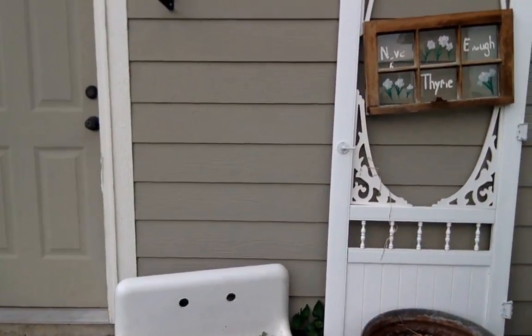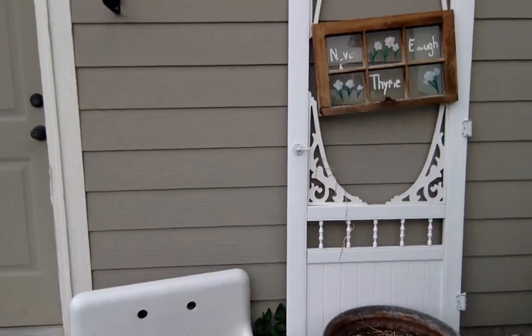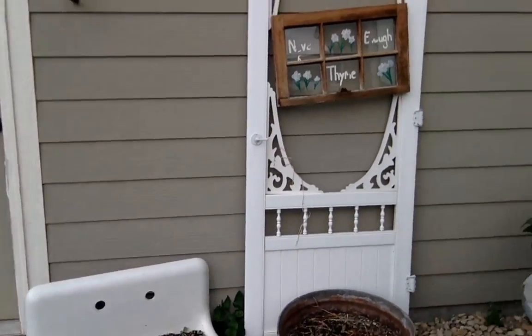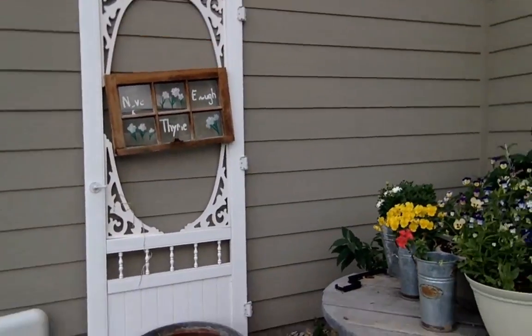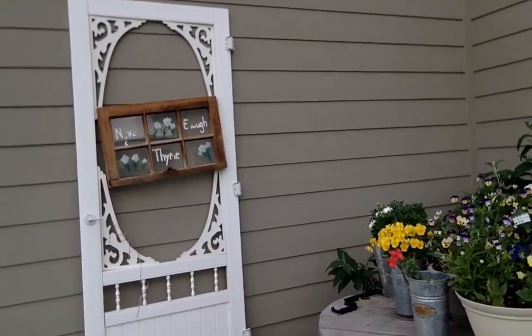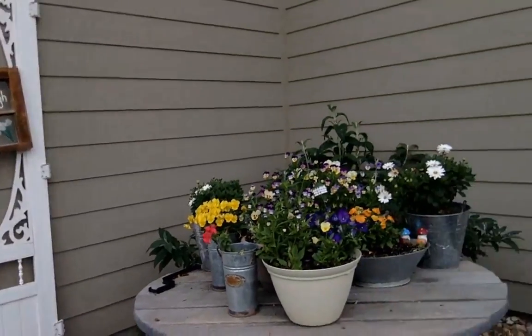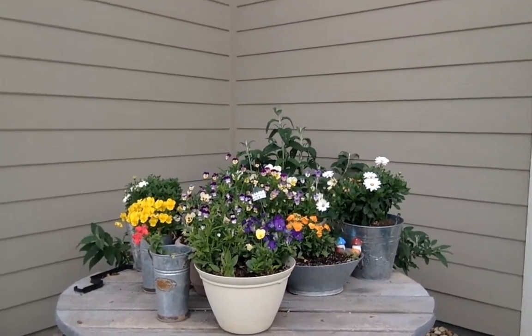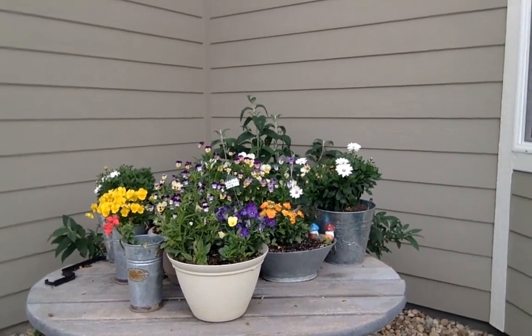We pulled over on the side of the road and I saw it sitting there and I yelled at Mike, oh, we gotta get that. So he very patiently got it for me. An old screen door we had at our other house. It's a plastic screen door, so it's actually new, but it didn't fit on this house, but I loved it. Here is my table with more galvanized buckets,